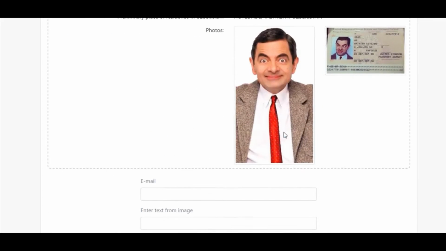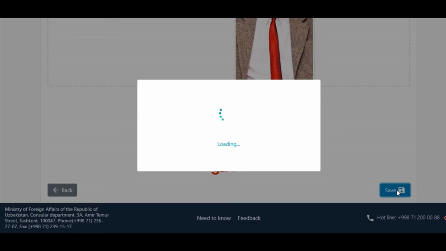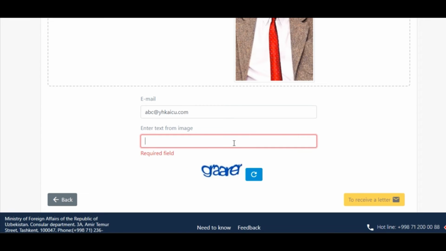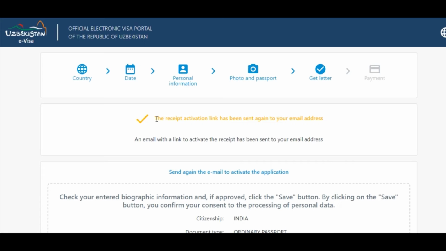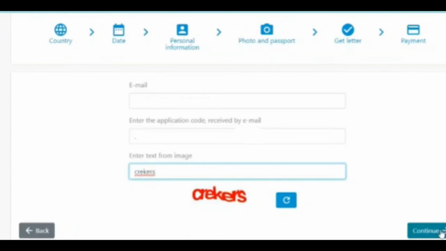And after that you have to add your email ID and the captcha mentioned below. Once you click on the captcha and click on save, it actually goes back to show you again to add the captcha, but don't worry, it is already being sent to your email. You can just scroll up and it will show that the link is already sent to your email, and you have to go to your email to activate it. It will look something like this. You have to go to this link, and they have also given a code; you have to activate within 12 hours. So you have to give your email address and then the application code, the captcha,